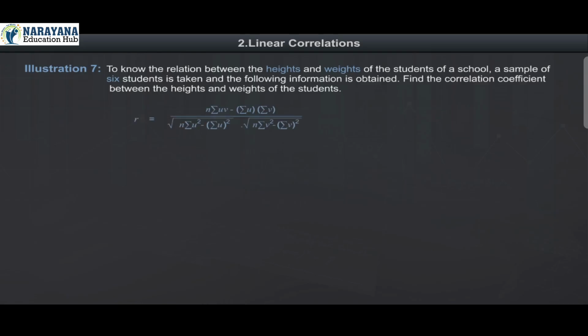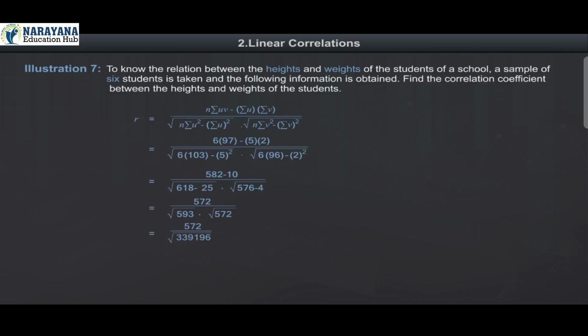R is equal to n sigma uv minus sigma u into sigma v divided by under root n sigma u square minus sigma u whole square into under root n sigma v square minus sigma v whole square is equal to 6 into 97 minus 5 into 2 divided by under root 6 into 103 minus 5 square into under root 6 into 96 minus 2 square is equal to 582 minus 10 divided by under root 618 minus 25 into under root 576 minus 4 is equal to 572 divided by under root 593 into under root 572 is equal to 572 divided by under root